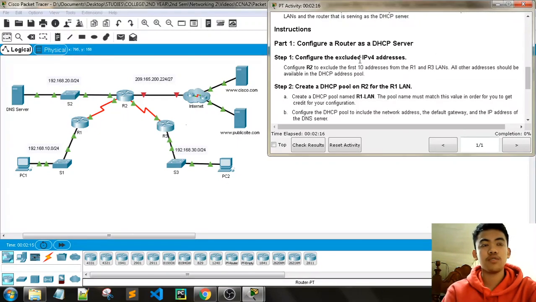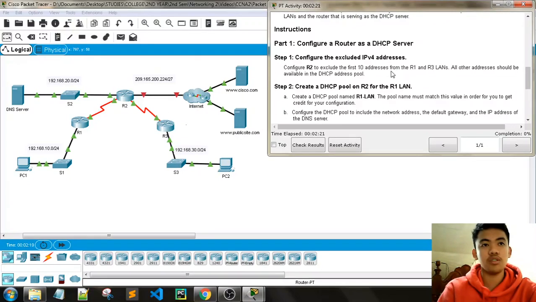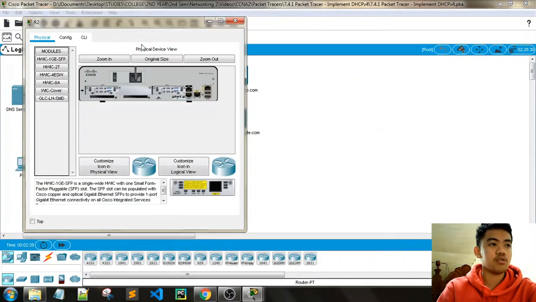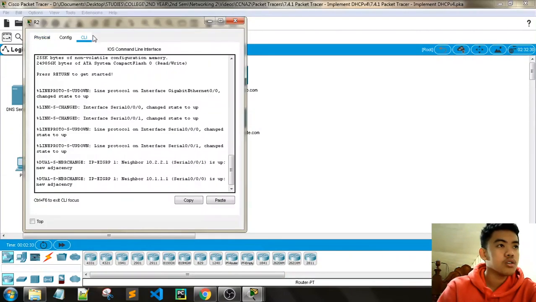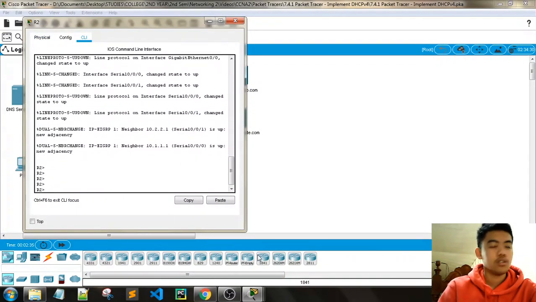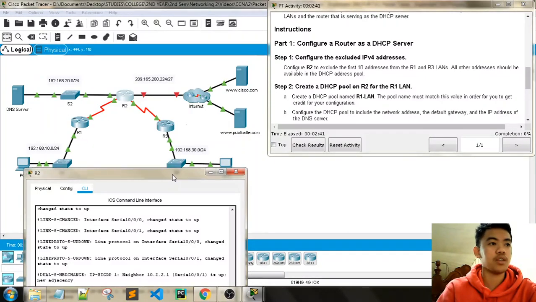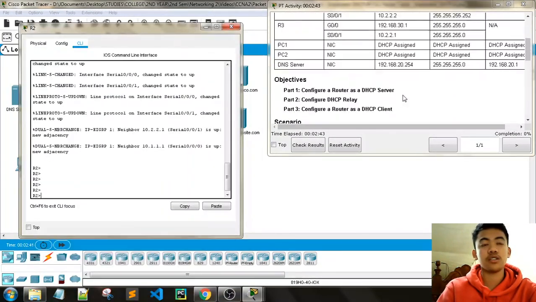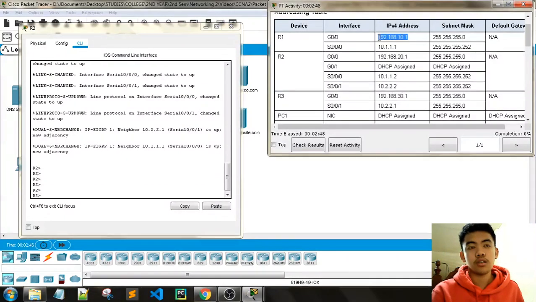Step 1 is configure the excluded IPv4 addresses. So configure R2 to exclude the first 10 addresses from R1 and R3 LANs. All other addresses should be available in the DHCP address pool. Okay, we will be configuring router 2, or R2. CLI. Okay. So we will be excluding some addresses from R1 and R3, the first 10 addresses from these routers. So R1, okay, so it starts from the